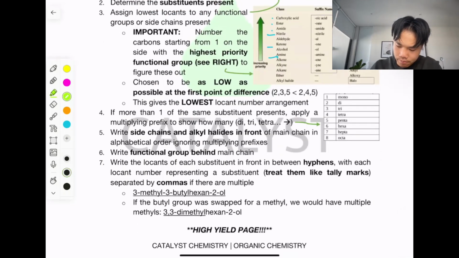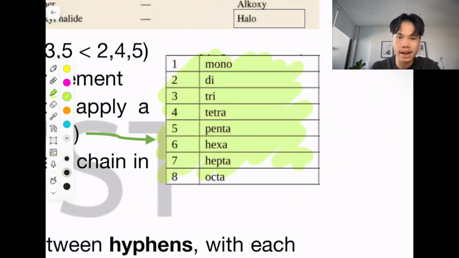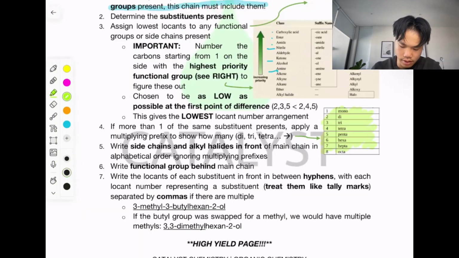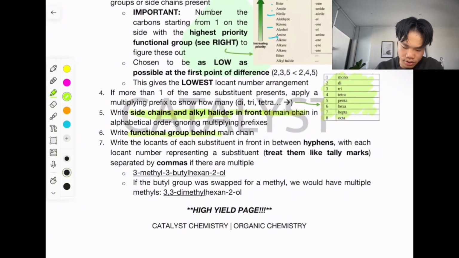Okay. Then whenever you have more than one of the same substituent or the same functional group, you include a separate set of prefixes in front of that: di, tri, tetra, penta, to describe how many of that substituent or functional group you have. Side chains and alkyl halides come at the front of the main chain, and typically the functional group goes behind the main chain. And in terms of your punctuation,